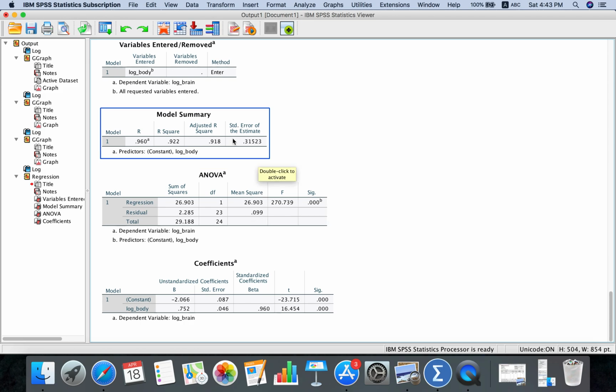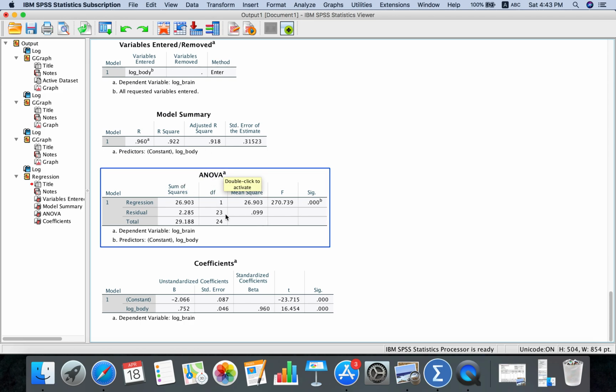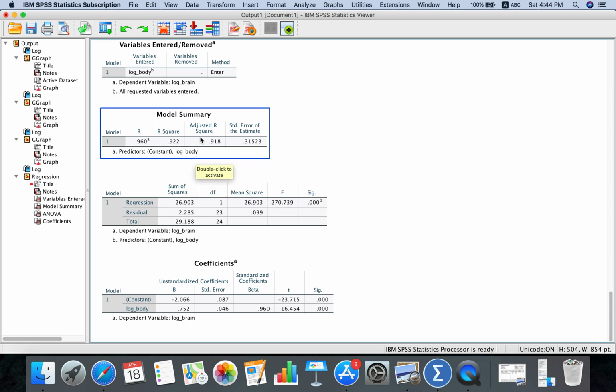And the result over here for ANOVA gives you some idea about how well your regression model fits the data. As you can see here, the fit is very good since your p-value is extremely small, and you can check over here the accompanying statistic. The R-square is actually very high. It's close to 92% of the variation in the log of the brain size is explained by the variation in the log of body size. Okay,